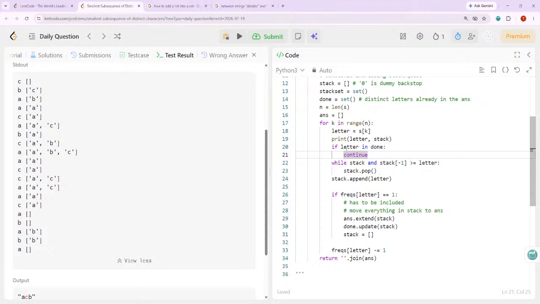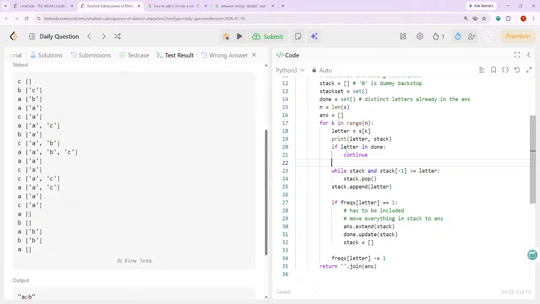Or should I try to clear the thing? So while there is a stack, kind of wish I don't do the pop at all. It should be something like if